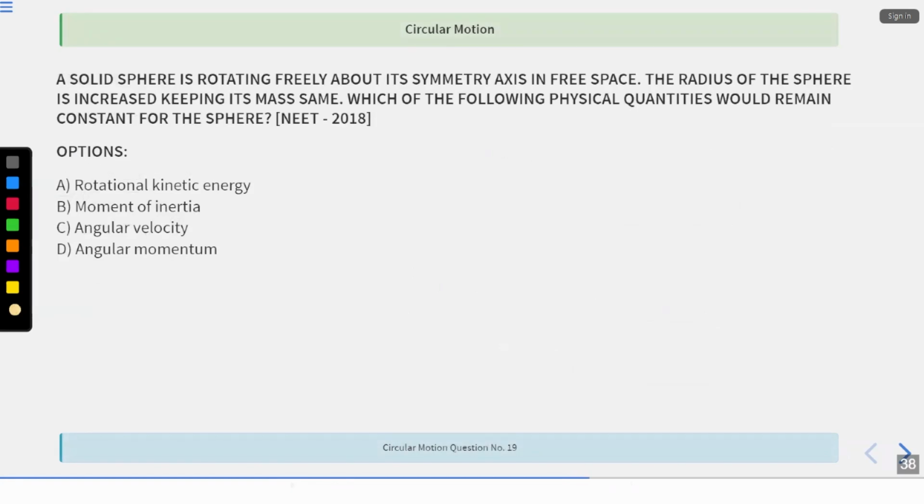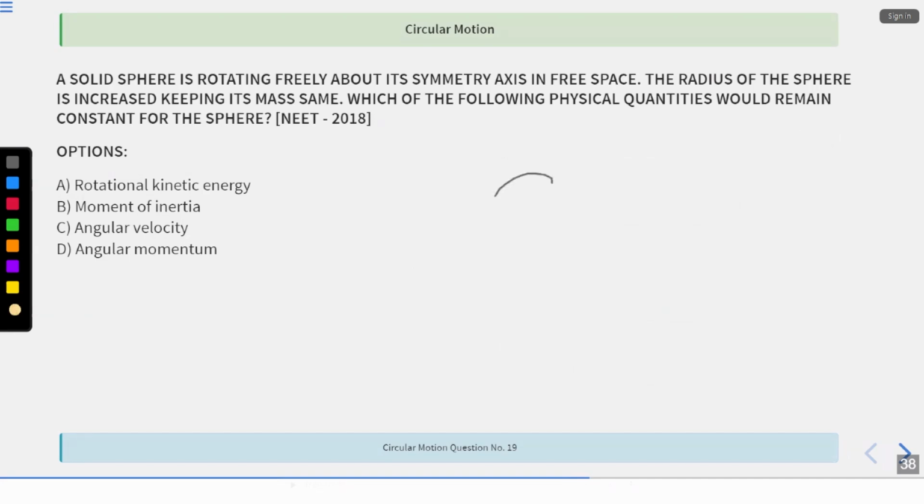Okay, moving on to the next question. A solid sphere is rotating freely about its symmetry axis in free space. The radius of the sphere is increased, keeping its mass same. Which of the following quantities would remain constant for the sphere? Okay, so first of all, here what they are asking, that